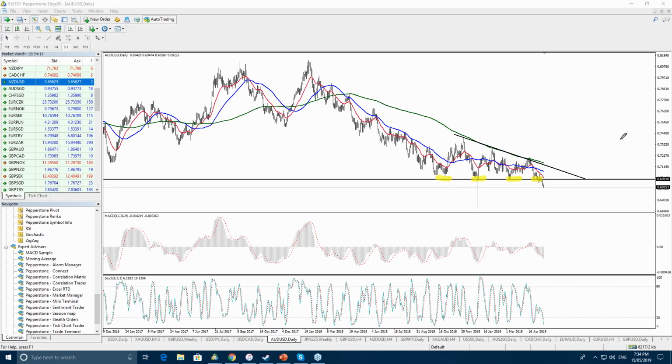So we always like to look at the bigger time frames, even if we are moving down to a 15-minute chart, just to give us a bias on where the strength really is. So we can have a look here. We've marked out this descending triangle on the Aussie USD on a daily chart. So this is a very significant pattern, purely because obviously it's on a daily chart, and we've got our moving average crossover there, which is important. It happened just before the break of the strong support that was around the 70-cent level,